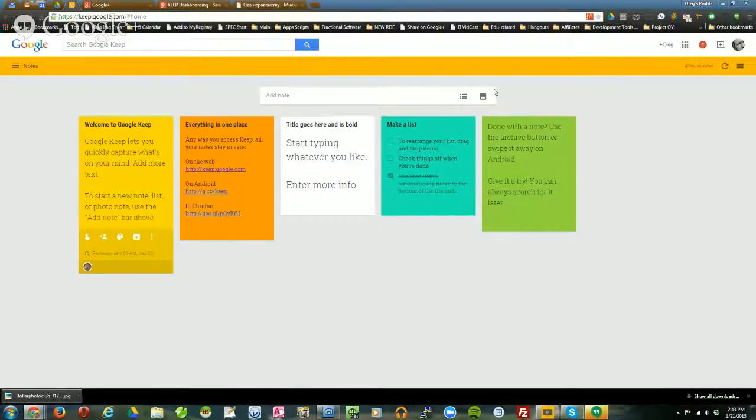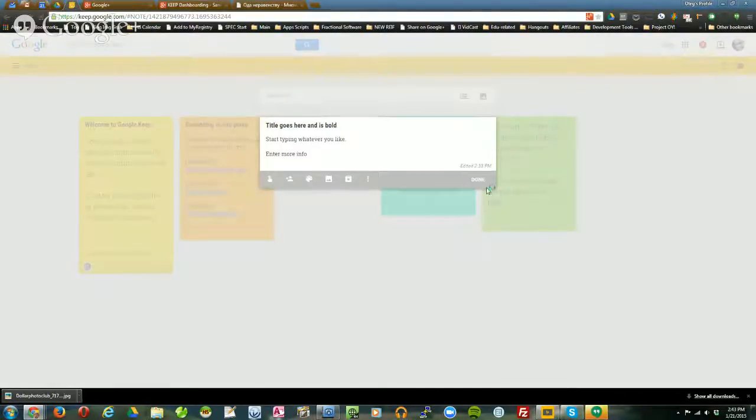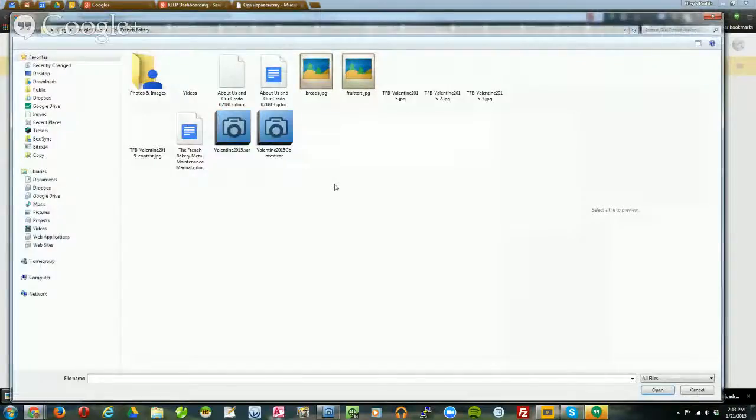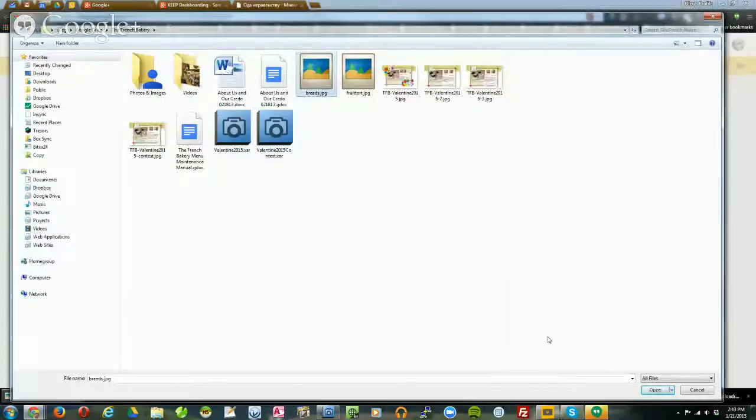Another thing you can do is you can also create notes with images. So if I wanted to, for example, add an image here, all I have to do is click on the little image icon, and you can add one or more images, doesn't matter how many. And so if I take this picture, for example, drop it in there, now this particular note has